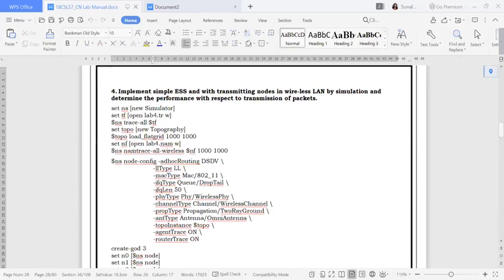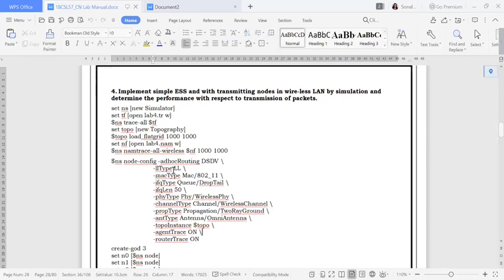As I told you, you can see the first sentence is node configuration, ad hoc routing. This is my ad hoc routing, so everything will be in your ad hoc routing. That is my parameter, so I have used that. Next one will be the link layer type.